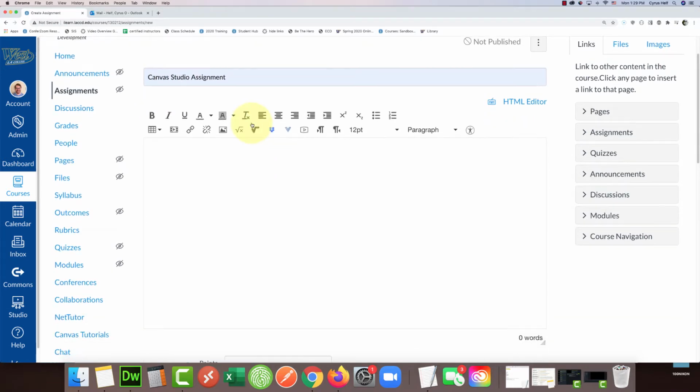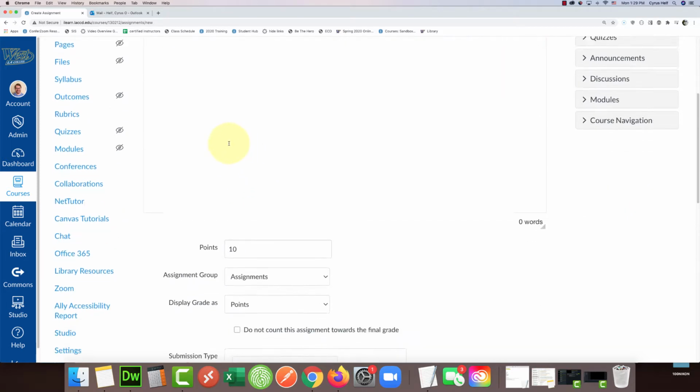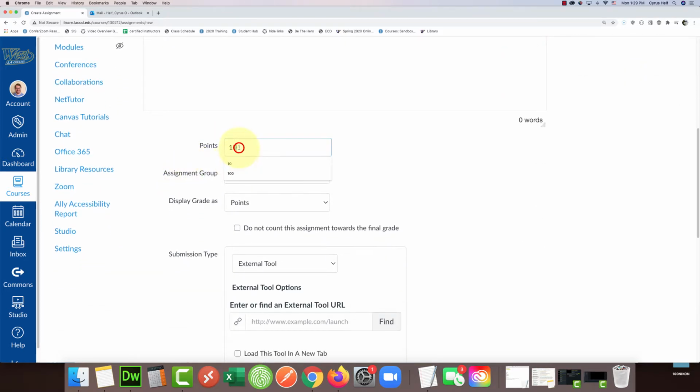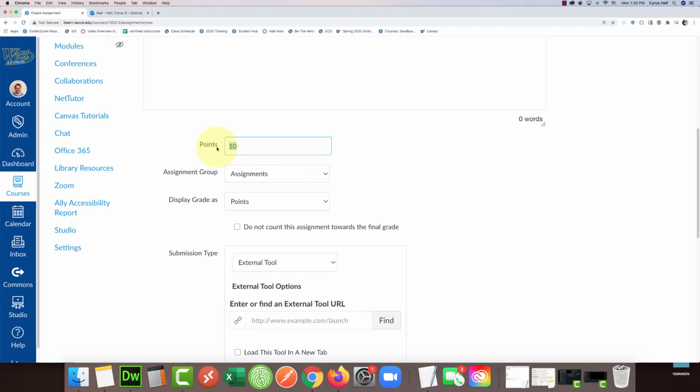Next, you're going to scroll down. You don't have to put anything in there. And you're going to give it some points. This can be any amount of points you want. It'll just divide that number of points with the questions in the video quiz. So I only have 2 questions in my video quiz, so basically if I put 100 in, it means each